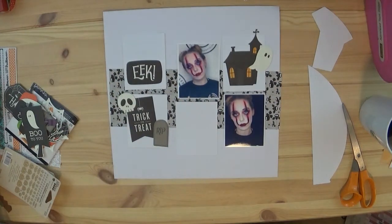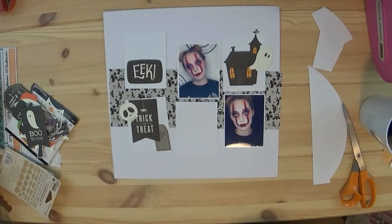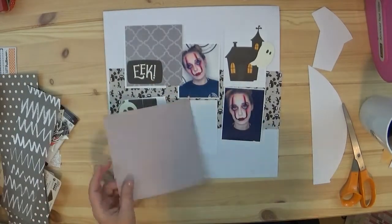And so each one of them is going to have their own block, and they're not all going to be the same size, almost. Because I don't have a lot of Halloween paper, I had to go through my stash, and I pulled out some gray paper. Now the grays don't match exactly, but it's okay because it's gray and it will work just fine. I'm happy with